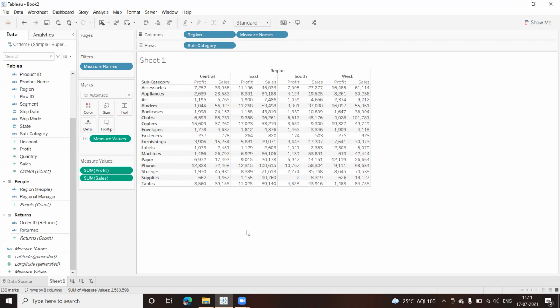Now I want to know which is the item giving the best profit and the loss also, the best and the worst performing subcategory. Can you tell me from this figure here? Can you tell me which are the best and the worst performing categories? You can put it in the chat, or you can unmute yourself and tell me the answer, guys.